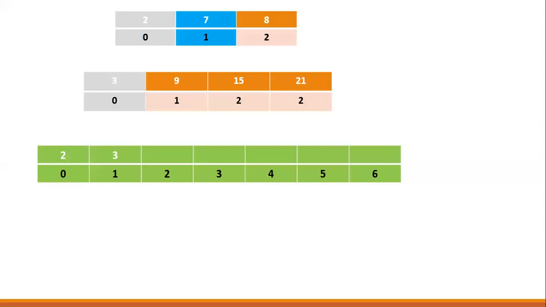Going forward, because the first element was yet left to be compared, it was compared with the second element of array 1. Then 3 went to array 2 because it is smaller. Then the comparison went ahead. 7 compared to 9, 7 went into array 3. 8 compared to 9, 8 went into array 3. Okay, all the elements of array 1 are over, and the remaining elements of array 2 are copied. So this is how it will happen.